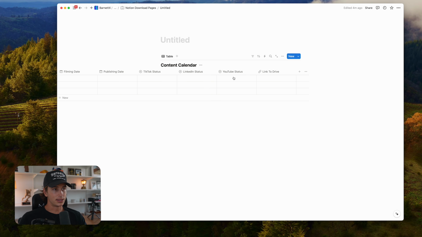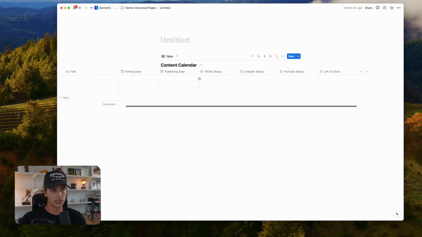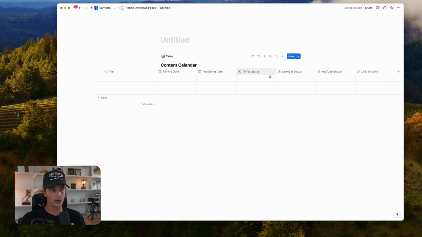Now that's done. And so now we have this fully formed kind of table. This is the most simple and basic one that we need. Honestly, it could get even more simple than this. If you're only posting on one platform, or if you're posting everything on the same platform, you only need to do one of these statuses. I like doing a couple of them. I'll show you mine after this where it's even more detailed, but for the case of this, we're going to